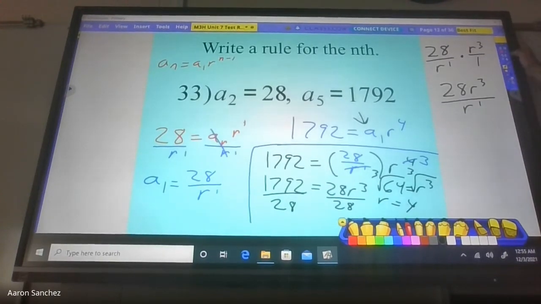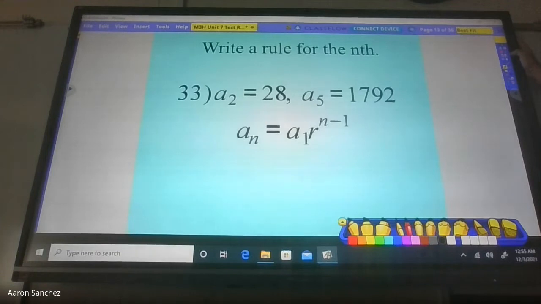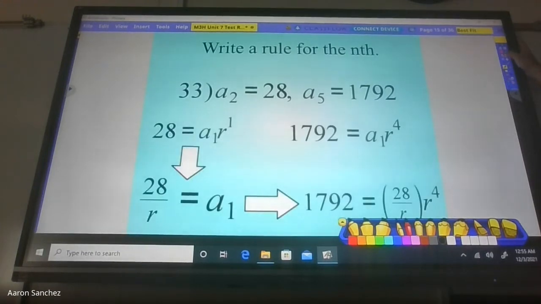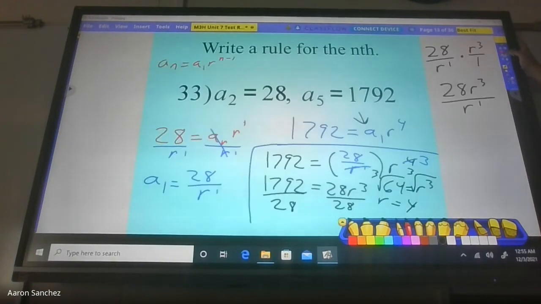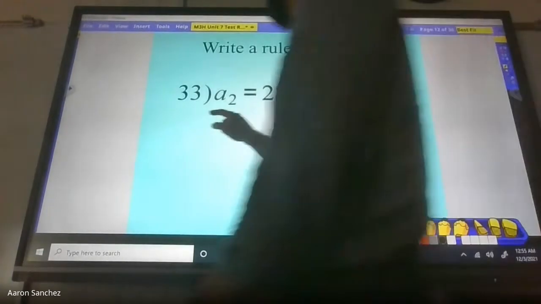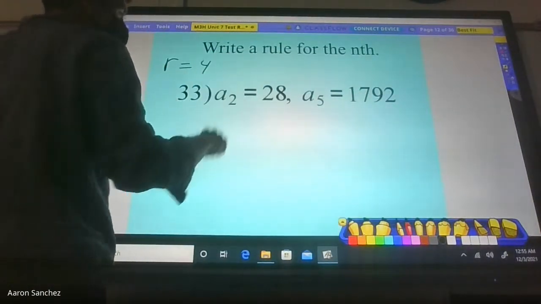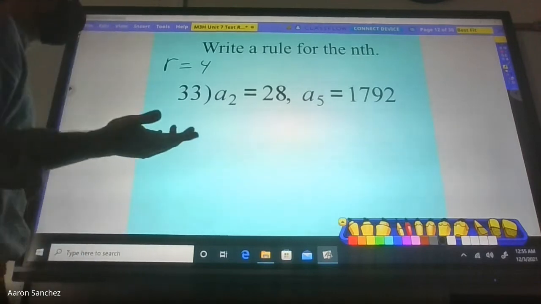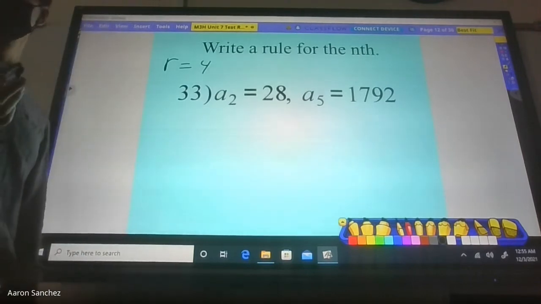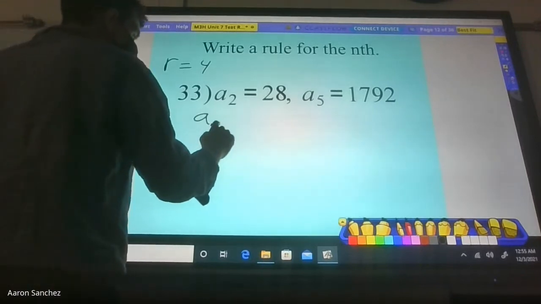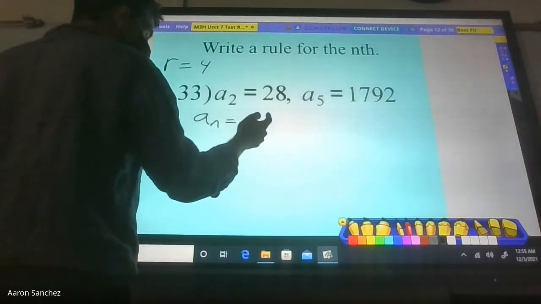So anyway, we got, what does r equal? R equals 4, right? So we had r equals 4 is what we figured out. After that whole thing, we have to put it here, r equals 4. So now I have to figure out the a sub 1, right? What do I do for a sub 1? We go back to the original equation, a sub n equals,